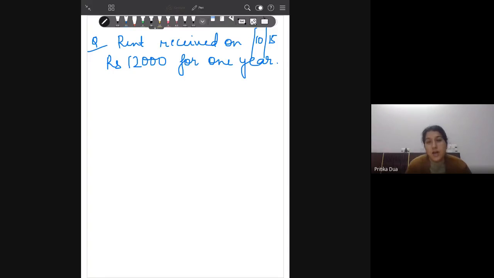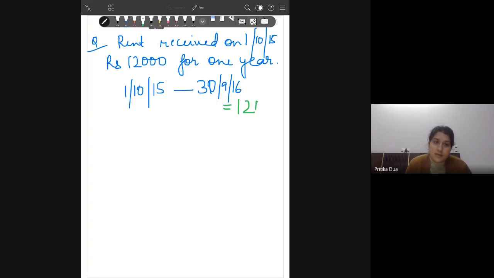So which means you are receiving rent for 1 year. This value of 12,000 is valid from 1st October 2015 to 30th September 2016. For this time duration you have received 12,000 rupees of rent, whereas in this year